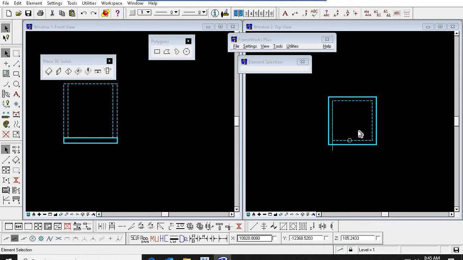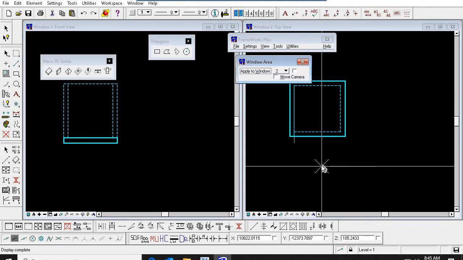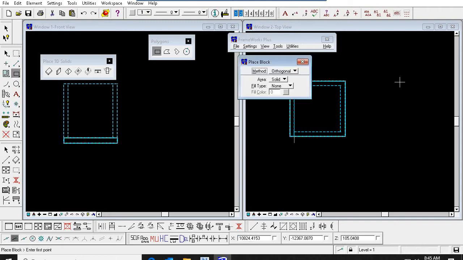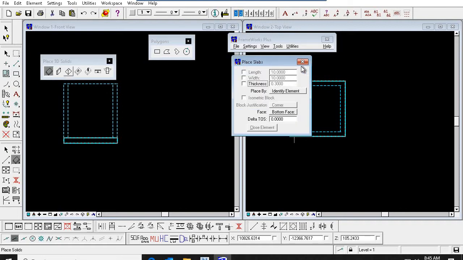and we can see another method also, without placing the wall. I will teach you newly. Again same thing. I'm just placing a block.